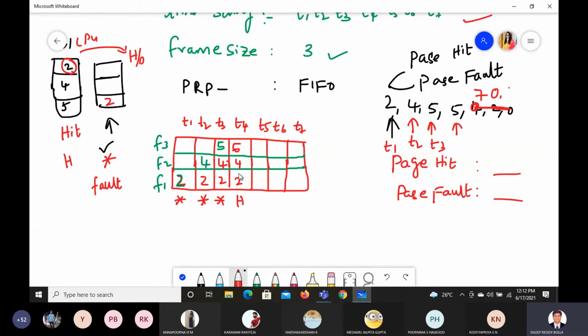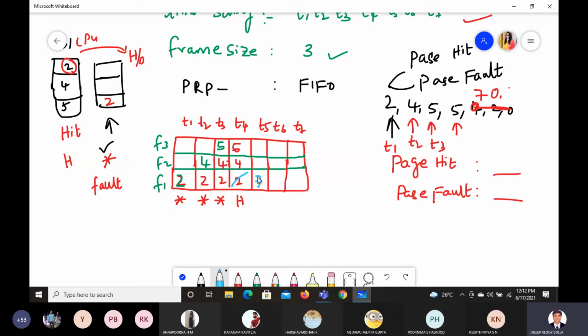The page replacement, I should replace one of them to accommodate 7. Now where to accommodate is the question. Okay, so now, 2 is simple because 2 has first entered here. You see this arrived frame first. Yes, arrived first. So this 2 has to get eliminated. So this 2 has to be replaced by 7.